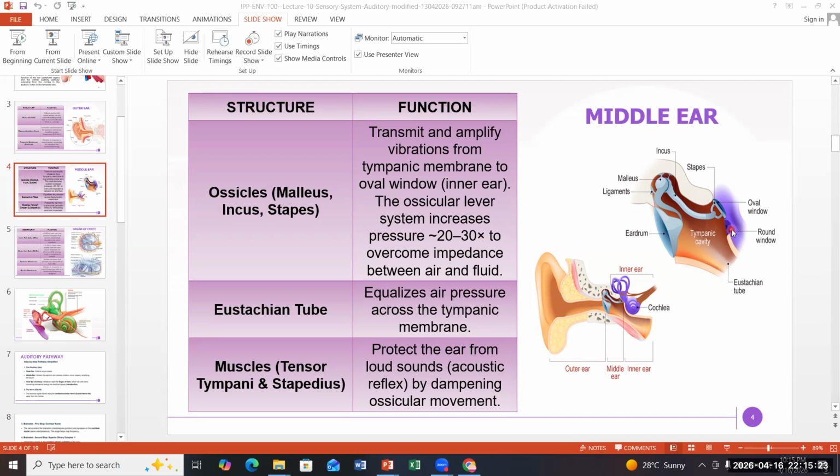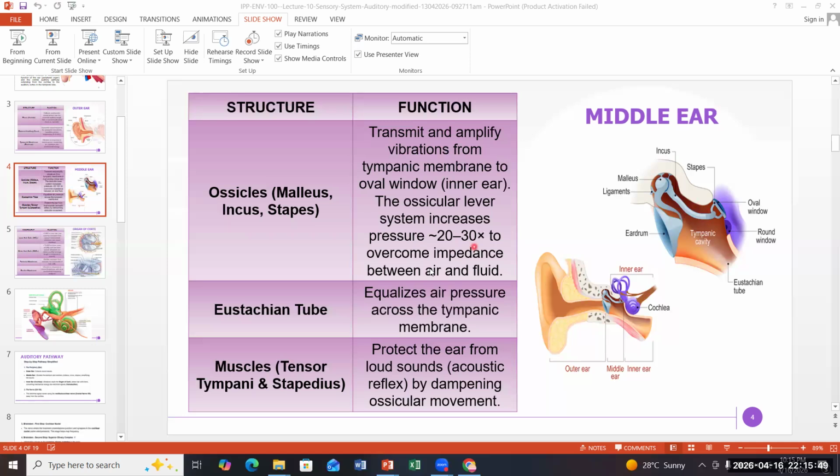And this ossicular lever system increases the sound wave pressure by 20 to 30 times. Okay, it is a mechanical process, and it is increasing the pressure by 20 to 30 times. This is an important piece of